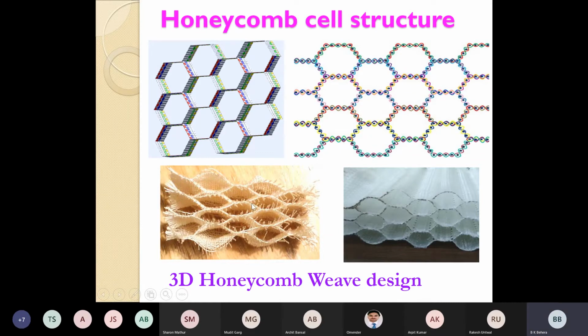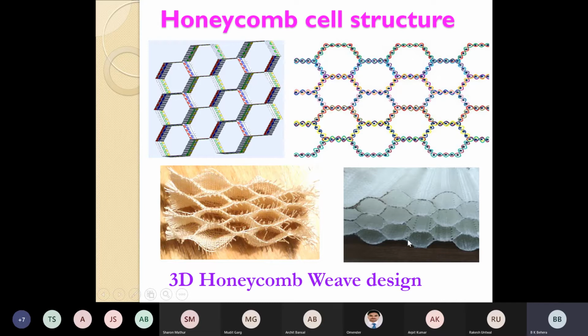It's one of the most important spacer fabrics, the honeycomb structure. Honeycomb means it's a spacer, but the cell is hexagonal. Look, this is the weave design. It has been converted to this fabric by weaving on a loom. And when you come to our 3D lab, you will see how we are producing this fabric. This sample which you see here is produced in our lab, and this fabric is converted to this composite material.